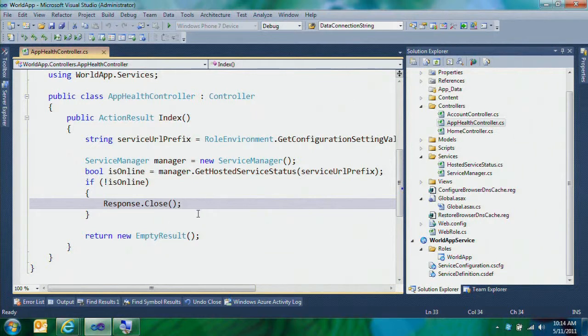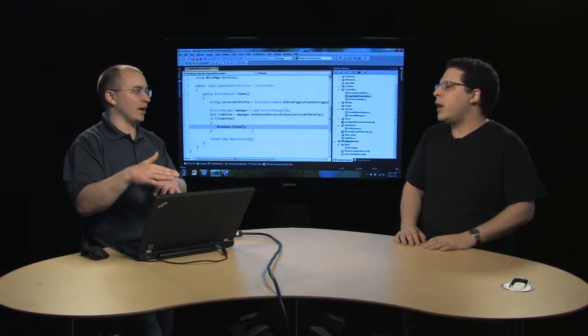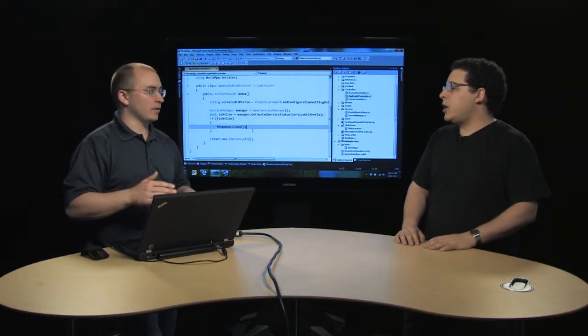But I think closing the response, and remember, we're managing this from the app. You may not need to write code like this at all, right? You might just put in a URL that's just /, and that means we'll just load the home page. Exactly, and if it ever doesn't respond to the request, then we've got the error. Exactly, and I bet that's a very common thing to do. I've used Application Request Routing sometimes to do load balancing or reverse proxy in front of some services, and it has a similar capability where you can say, hey, every so often ping this and